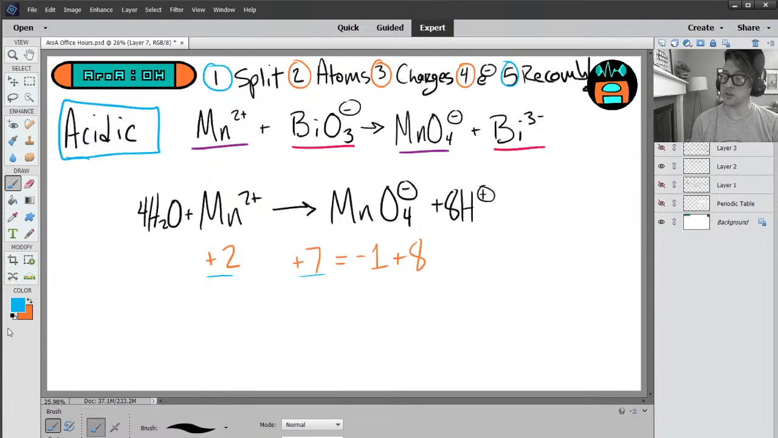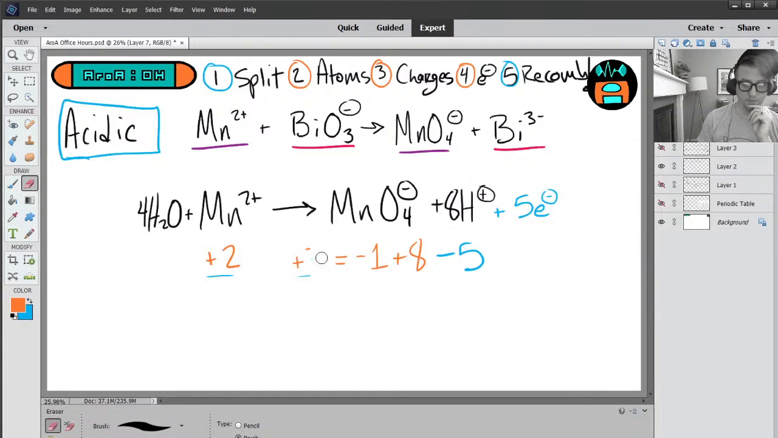We can only add electrons, so we can only make one side of this reaction more negative. So you take the more positive side and add the number of electrons you need to make these two equal. And 7 is 5 bigger than 2. So we're going to add 5 electrons to the product side. So now we have -1, +8, -5 from the electrons. And if you add these all together,